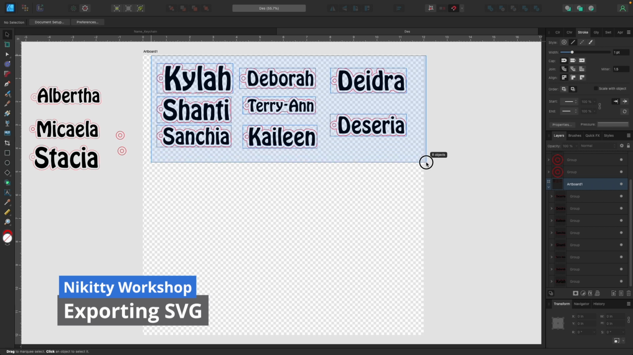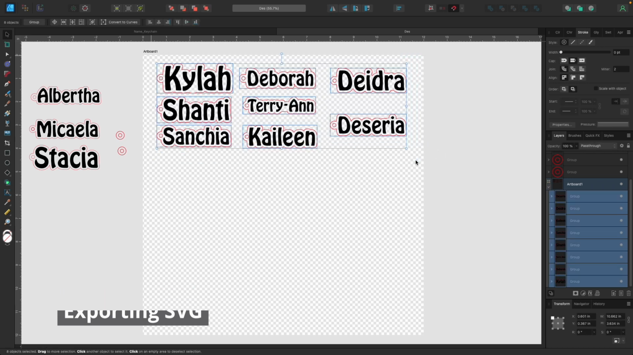So I need to make this a SVG. LightBurn accepts Illustrator files straight. It doesn't know Affinity Designer files. So because of that, I need to convert this to a SVG, a vector format, and then pull it into LightBurn. There are many ways to do it. The way that I do it is to